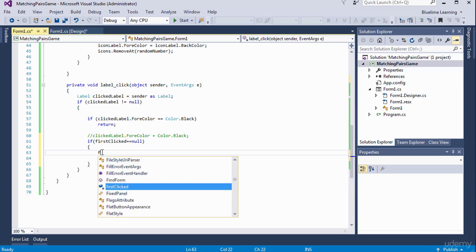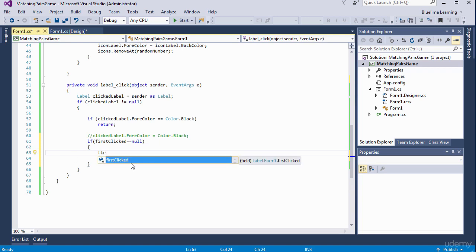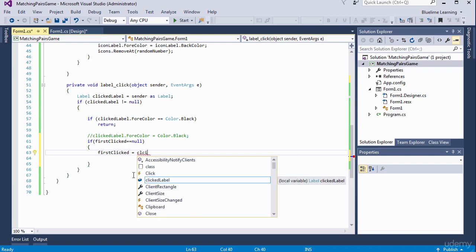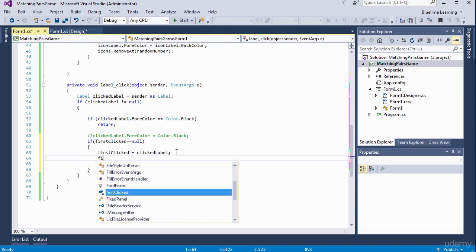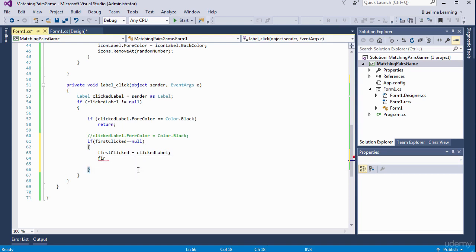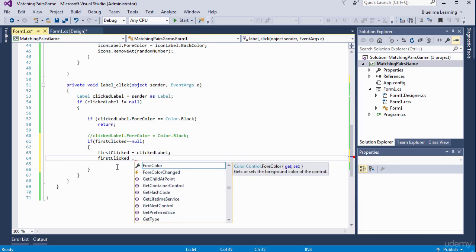So I'm going to say if this variable first clicked is equal to the clicked label, if it's equal to this variable here, then I want this first click variable,